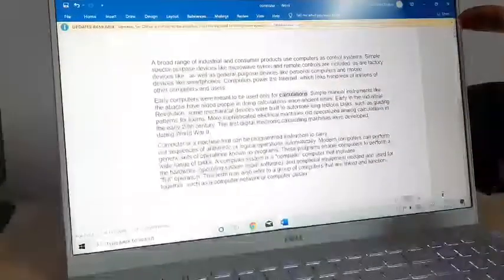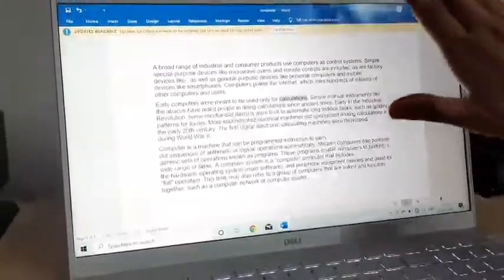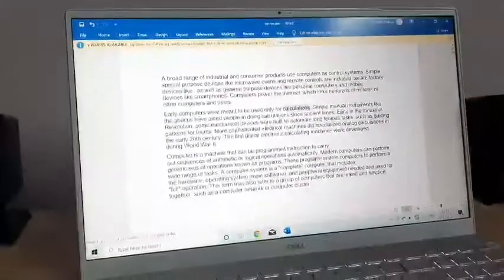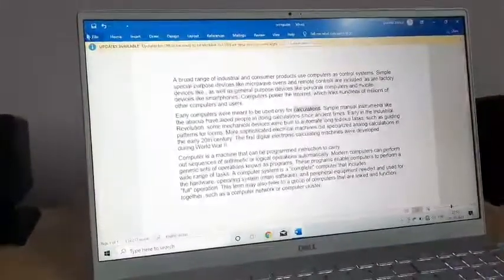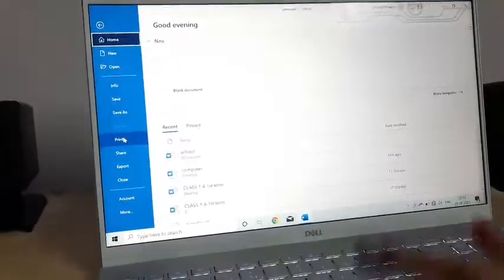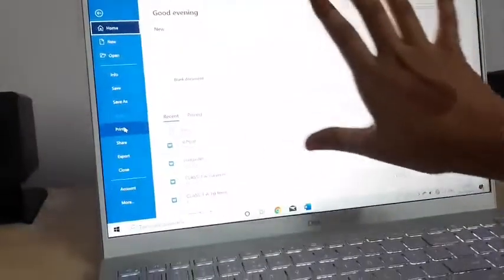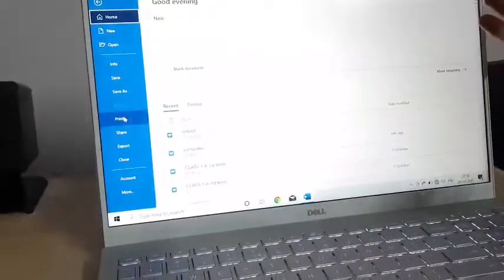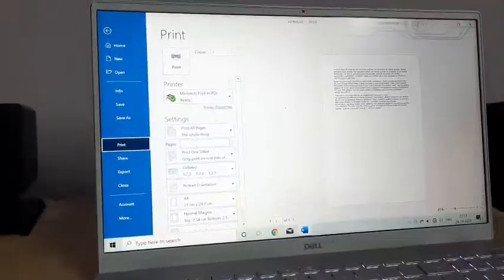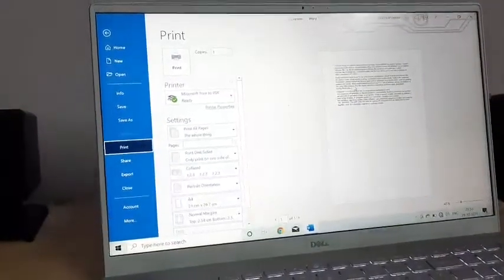You have done all the editing and all the formatting. Now you want the print of this document. Printing is very easy. What you have to do is go to the File tab and you can see there is an option of Print. When you click on the File tab, the File menu appears, which is also known as Backstage view. Click on this Print option and you can see all the options here and the preview here.